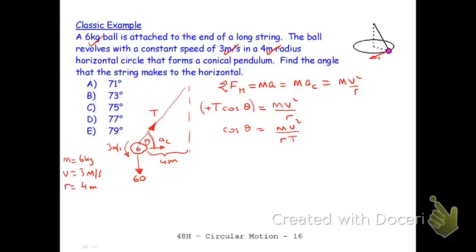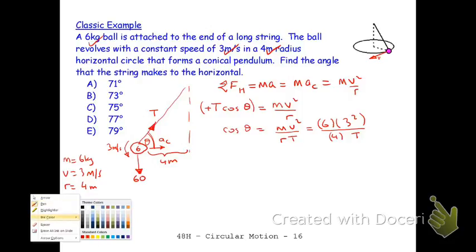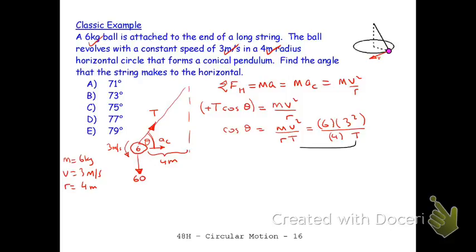And this equals 6 times 3 squared over 4 times T. Oh man, I don't know T. I could find this out if I only knew T. I can say two-step problem. Find T using